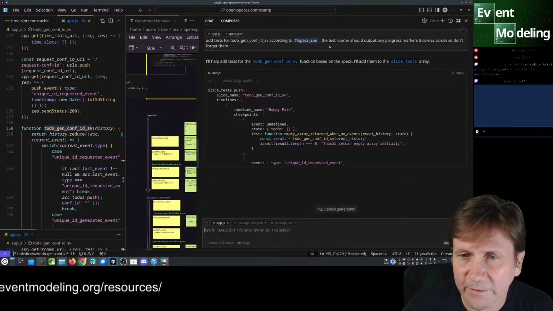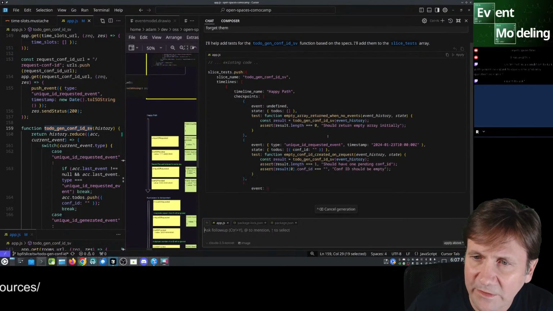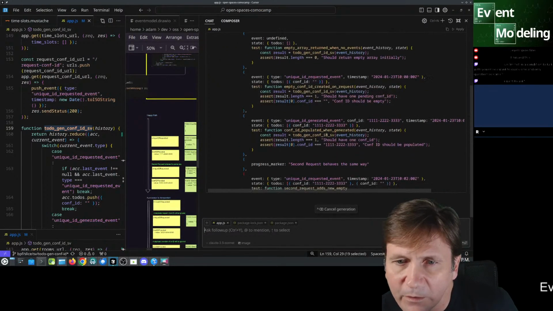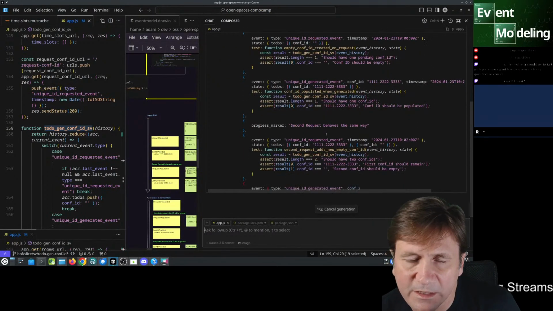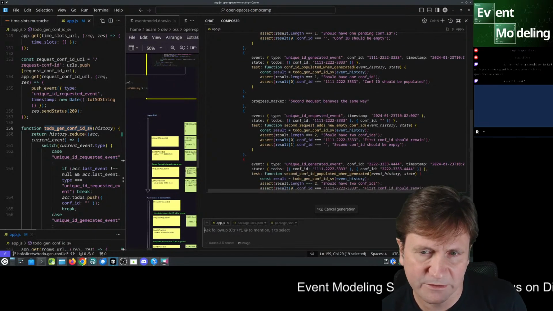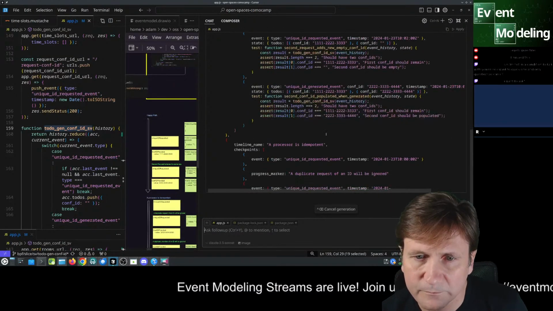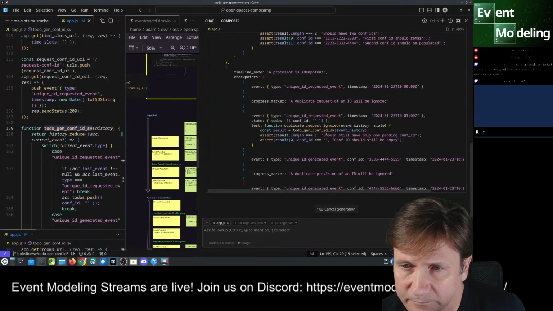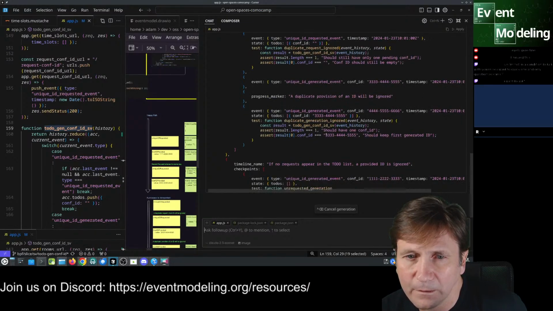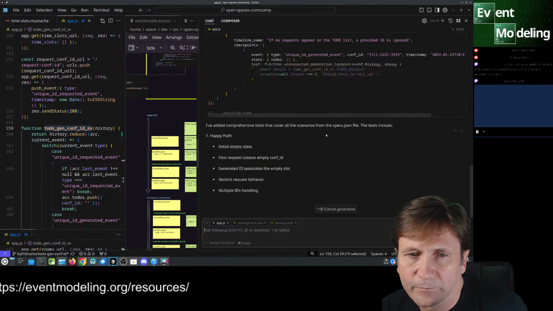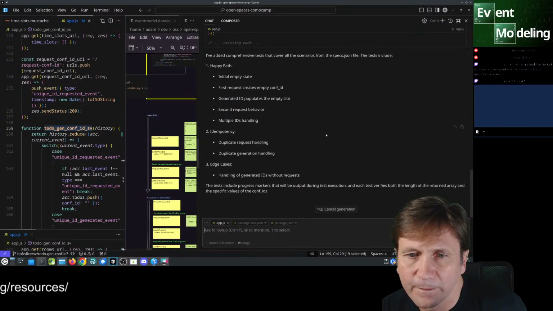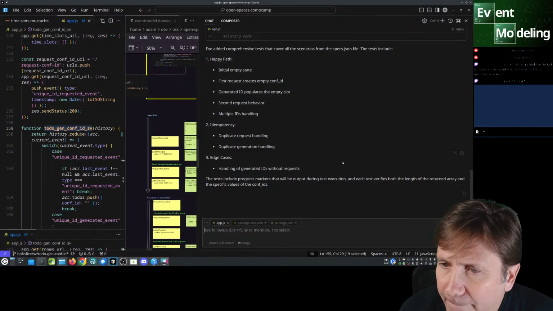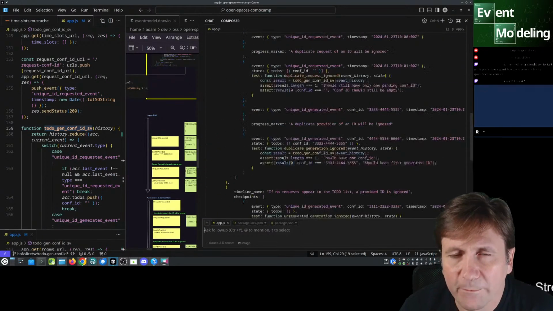This will be fun. It's getting event, history, and state. This is really good. Oh, nice. And let's see if it updates the code for the test runner. Okay, but it didn't.